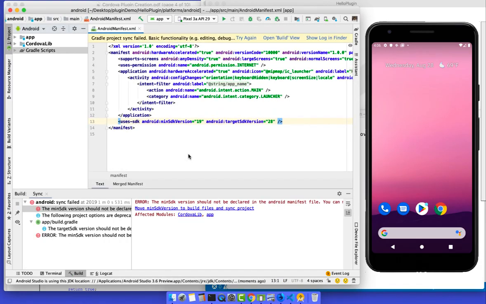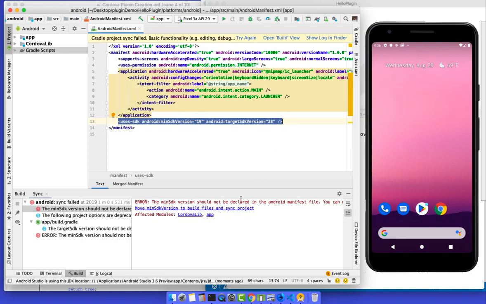Now you can see we are getting an error, like move minimum SDK version to build file and sync project. Basically this part you can see in AndroidManifest.xml, and now this is part of the Gradle script. So we have to move this one, and in Android Studio you can do this by clicking on this.